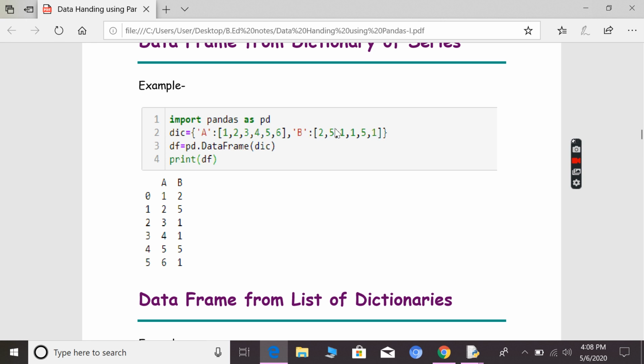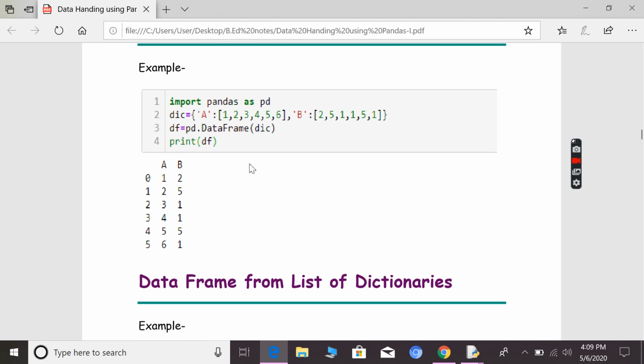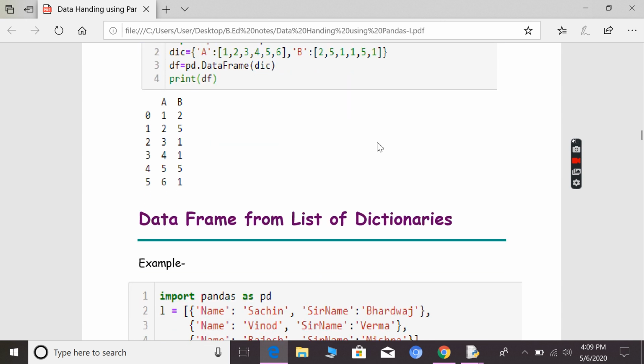This is a dictionary. Now you are going to pass this dictionary into a data frame, and then the data frame will be created like this. The key will be the column name. Now A and B are the two columns, and these are all the listed items. In the next video I will explain this one.